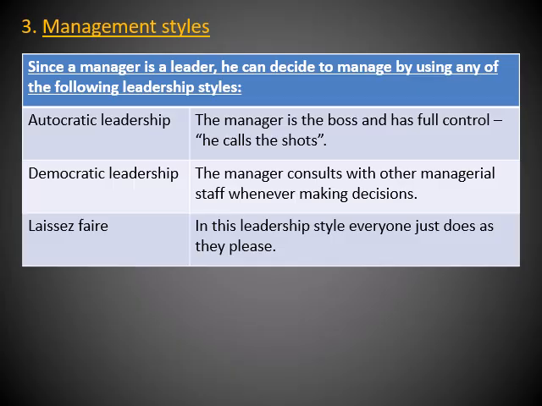The next type of leadership style is called laissez-faire. I know it's a strange spelling, I think it's French. But in this kind of leadership style, guys, basically what it means is anything goes. Everyone within the company just does as they please. And as you can think, there are many situations in many companies where this kind of leadership style is not ideal, because they need to be structured. People need to be given direction and instructions on what to do in order for the company to reach its goals.